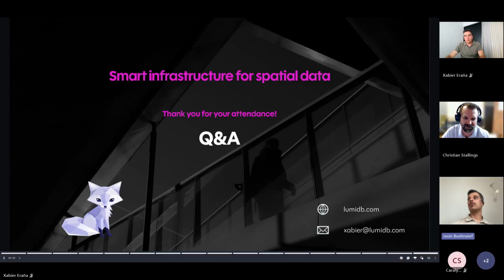So these kinds of things are also possible using LumiDB, but maybe more about those topics in the upcoming session. Looking forward to talking about the different ways that the data can be queried in a custom way.